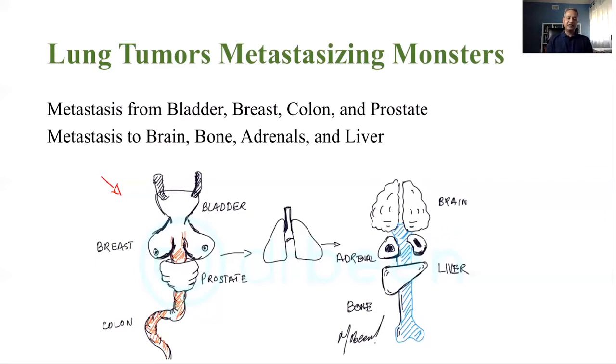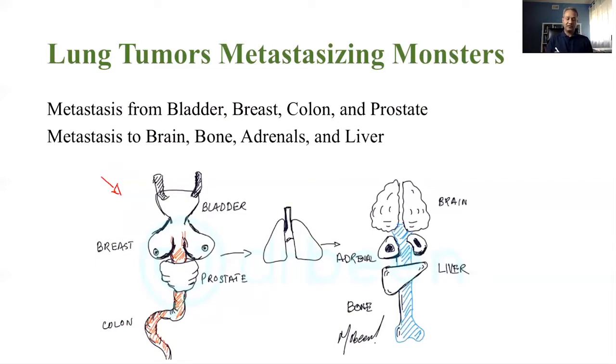These are the tissues from which cancers will metastasize to the lung. If you come from top down, bladder is the first tissue. Then down here, for the eyes, are the breasts.